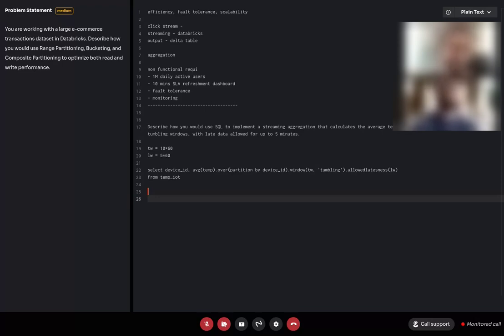Okay. And how would it help in optimization? Sorry, I missed that. We are using Delta tables to write and store the data. Delta tables usually have a log file to provide ACID capability.